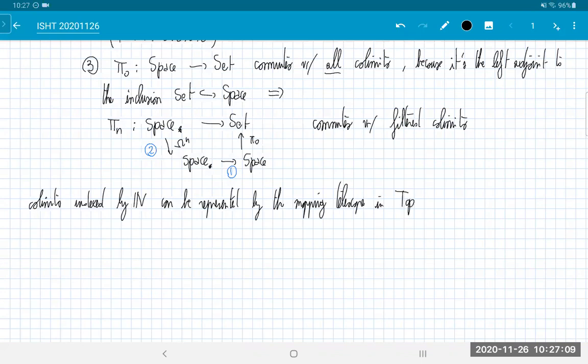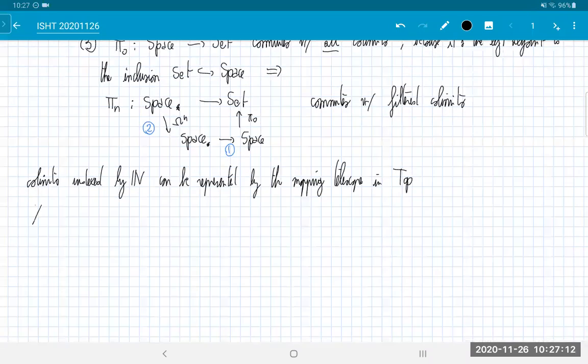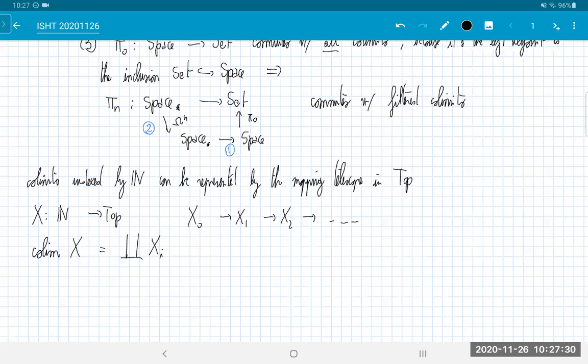So suppose we have this functor X from N to top, which concretely means you have X0 goes to X1, goes to X2, and so on. The colimit of X can be represented as the disjoint union of Xi times the interval [0,1], modulo the relation that you identify, so if this is f0, this is f1, this is f2,